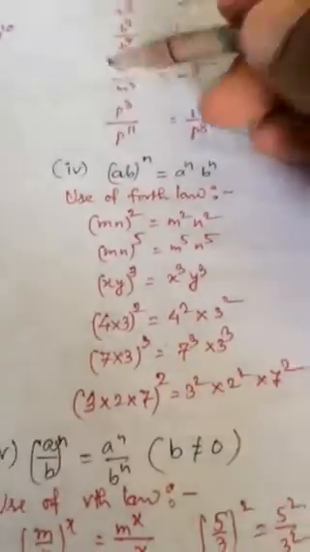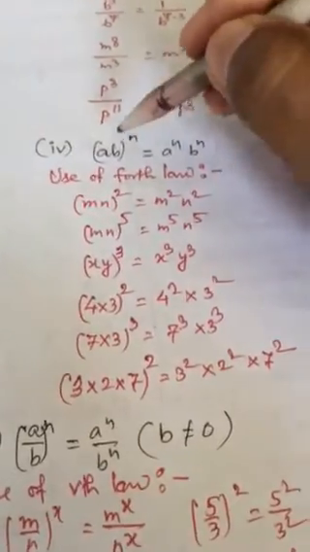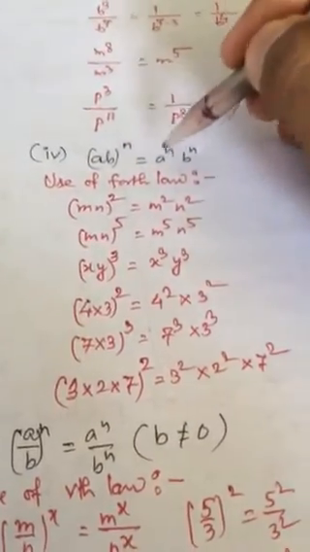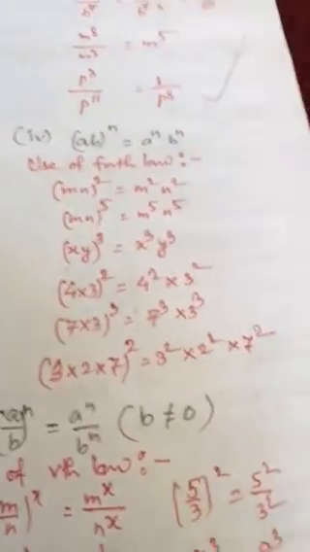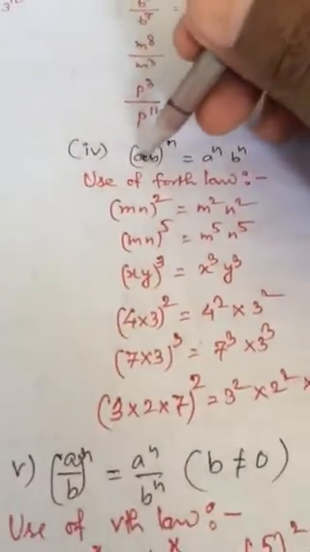Now here I want to show you the fourth law of indices. ab whole to the power n equals a to the power n, b to the power n. Okay, if two different bases,